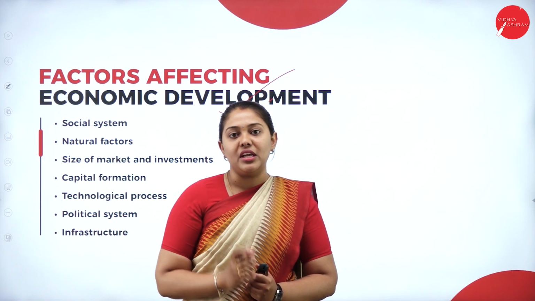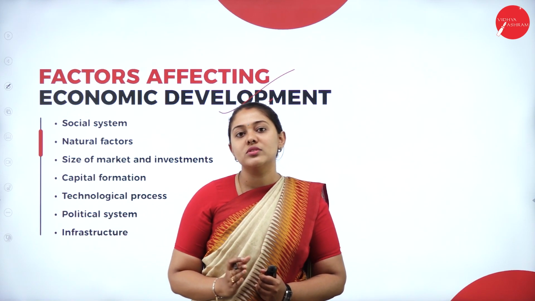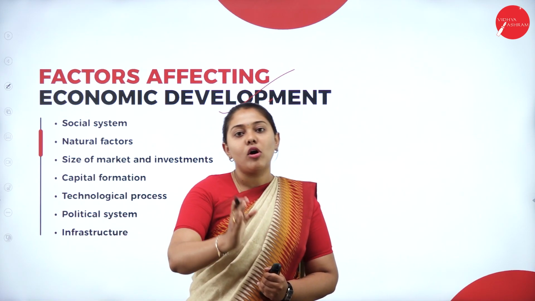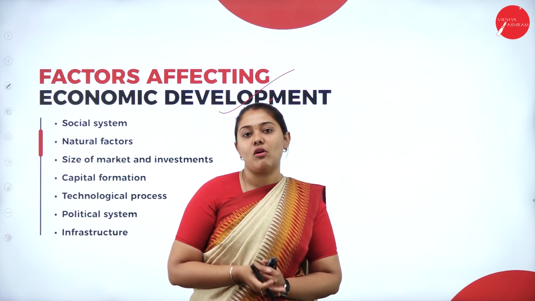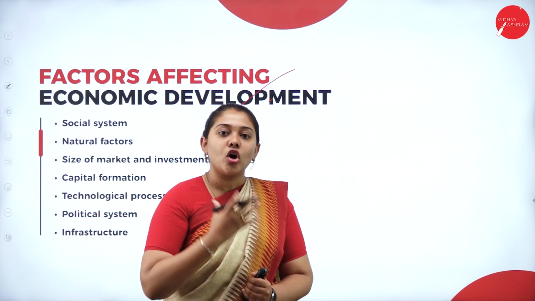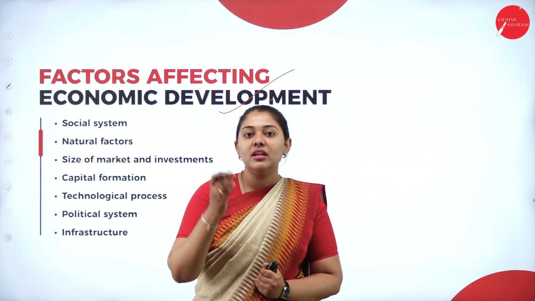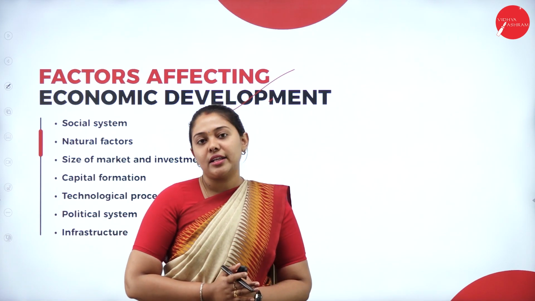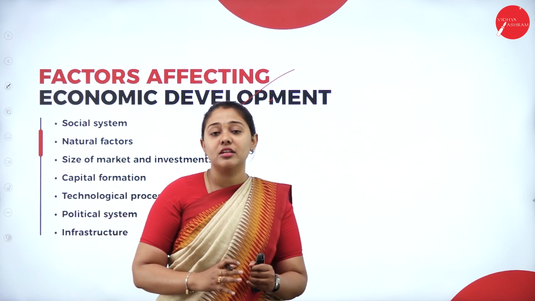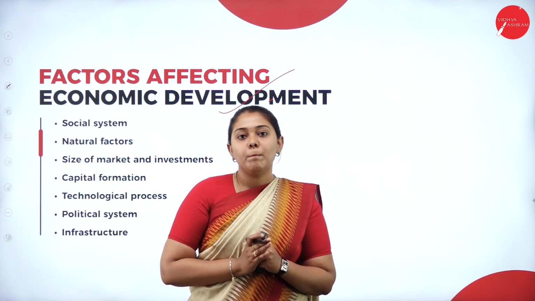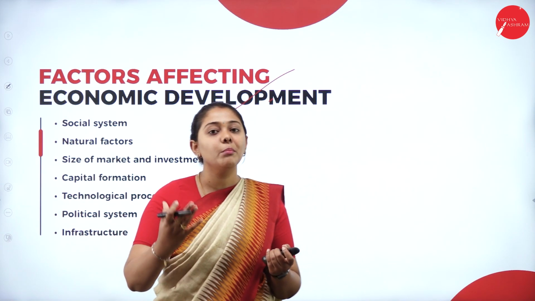So that is the traditional economy. Second is the planned economy. It is run by the government. The government will give the rules and regulations, and according to that, the economy will be run. The structure will be formed by the government. So that is a planned economy. Market economy is not run by the government. We can take Japan as the best example of a market economy. When it comes to a mixed economy, government intervention as well as private intervention will be there. You can take the example of USA, India, and other mixed economies.